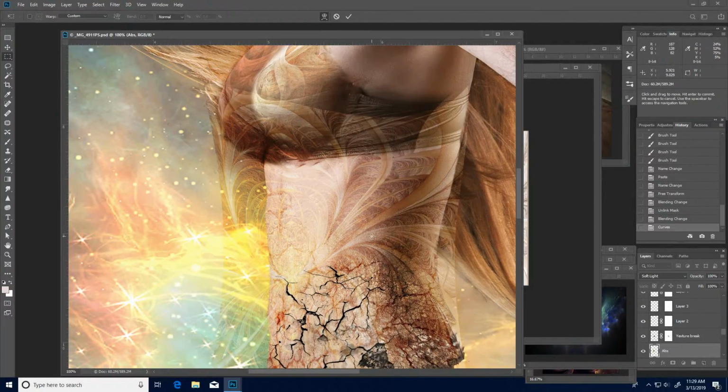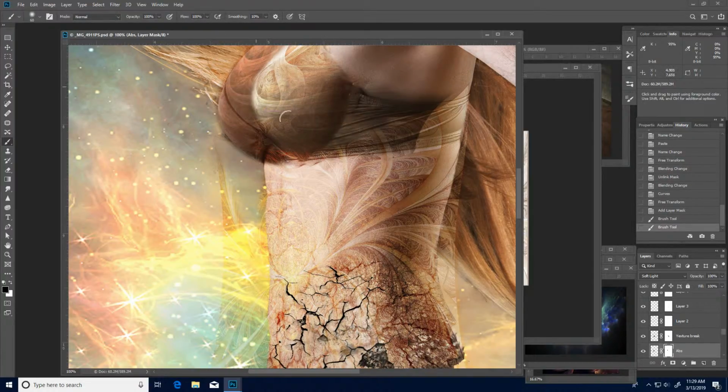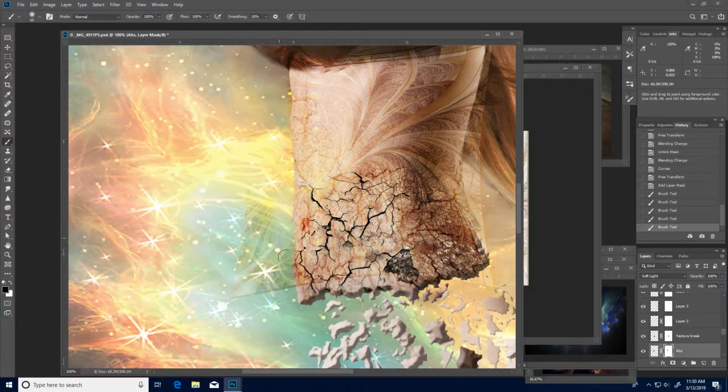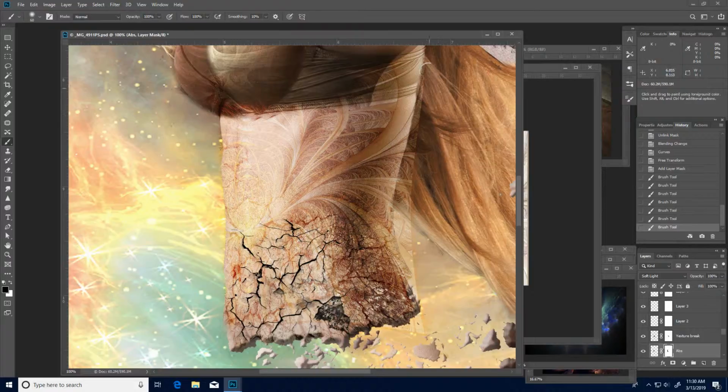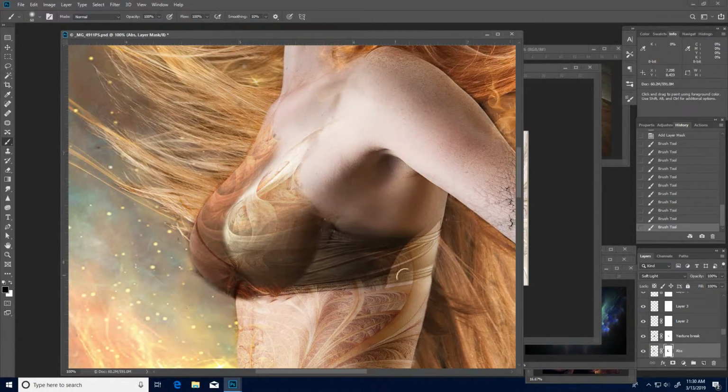Good. Enter. Mask it. Make sure we're on black so that we're painting out, not white. Go ahead and clean this up a bit. Like I said, I'm not going to be perfect cleaning it up. I will go back and fine-tune everything when I blend it all together. So another good reason to be using the mask